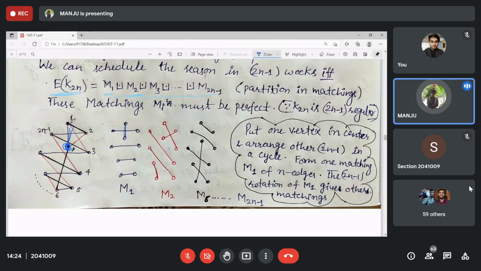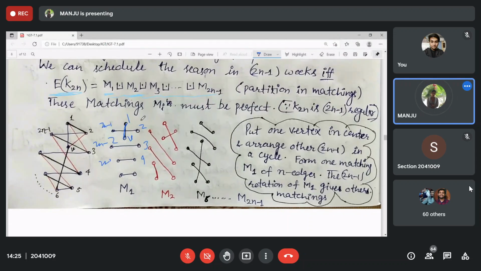Then skip this one. Second, third, 3 to 2n minus 1. Then 4 to this one, 5 to this one. Right? Okay? Or what do you do? You skip one now over here. For example, this to this. Then this was 2. This was 2n minus 1. So V2, 1. Okay? This is your third vertex. This is your 2n minus 2. This is your fourth vertex. And this is your 2n minus 3. And so on. Okay?